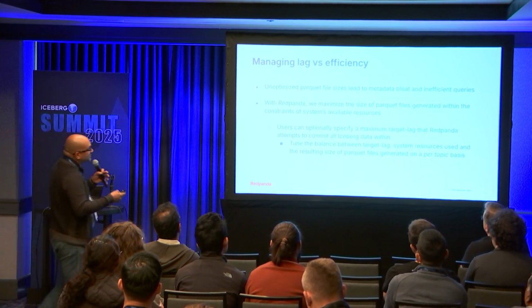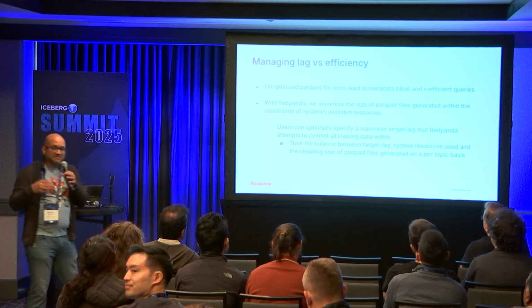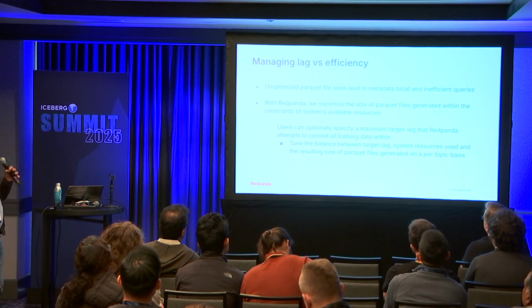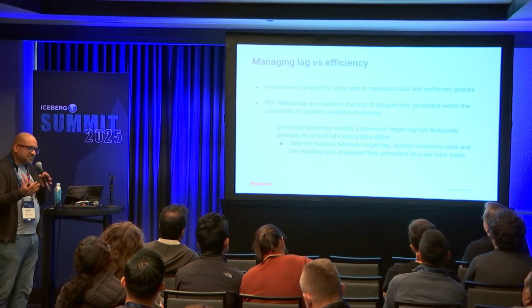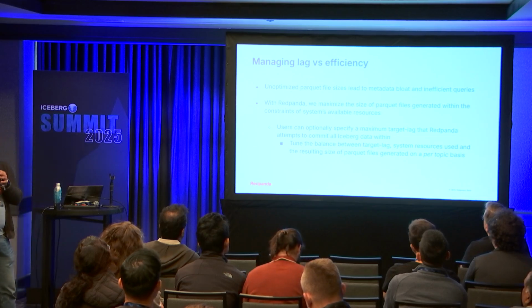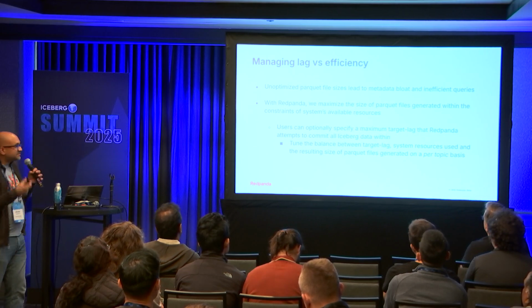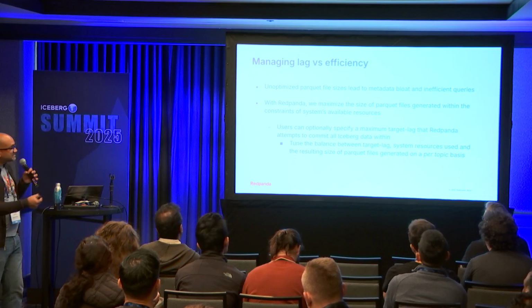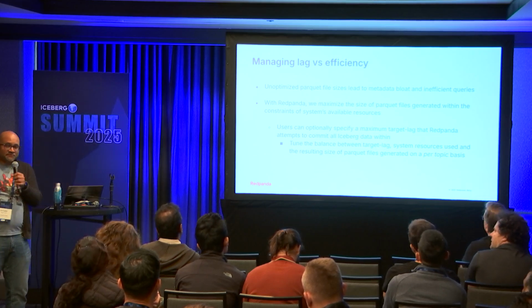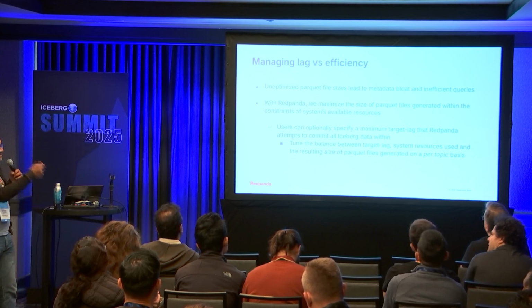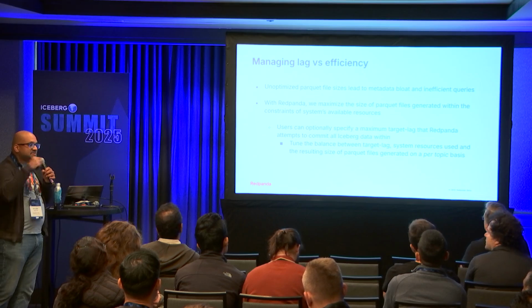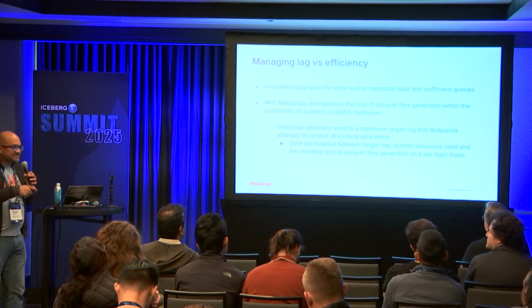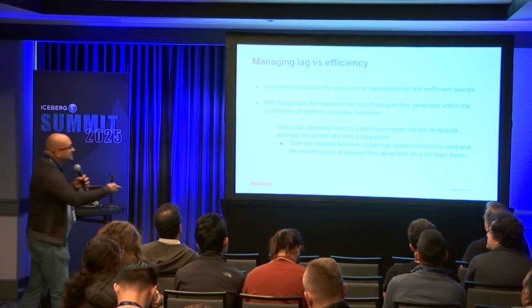I'm going to have to rush this through a little bit. Of course, with the Kafka data coming in, there's a natural lag to translate that data into Parquet. There's a natural tension between that and the system's resources and the size of the Parquet files generated. The size of the Parquet files, as you folks might know, is very key for fast, efficient queries. Redpanda can manage this all for you, but you as a user can also have a per topic configuration to tweak that target lag so that you want your Parquet files to be larger, and Redpanda can take care of it for you. We'll take questions outside in the booth if you don't mind.